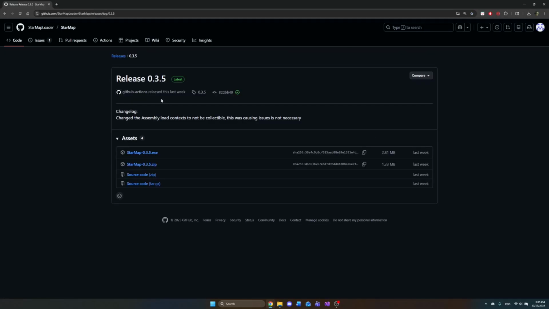And once you click on the release, the latest 0.3.5 for us, we will be doing the zip file, as you need that to actually create mods. The exe file is only if you want to run mods, but in this case we're going to create them, so we're doing the zip. We'll download the zip,